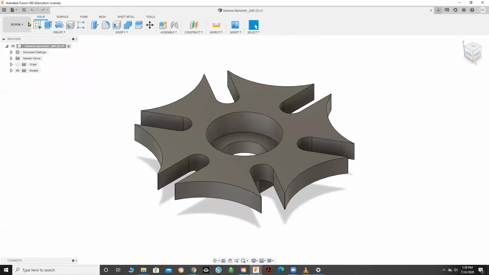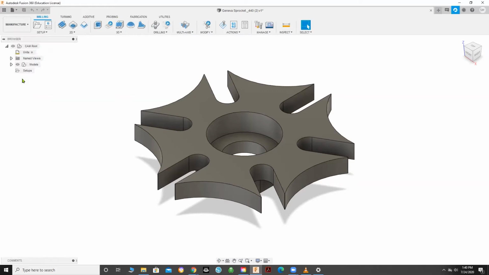Underneath the data panel, there is a workspace drop-down menu. We will use this to change our workspace from design, or CAD, to manufacturing, which is CAM. Now you will want to make sure that your model is in inches by scrolling over to the units and changing the active units to inches if it isn't already selected. Click on OK if a